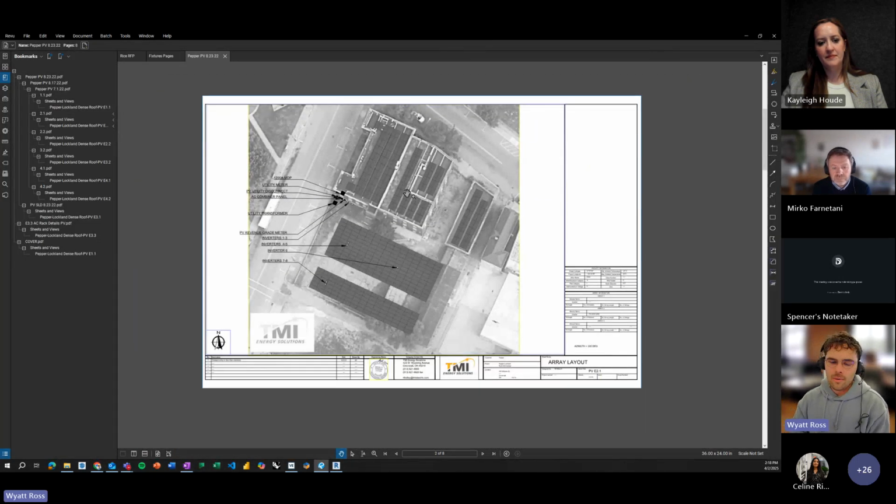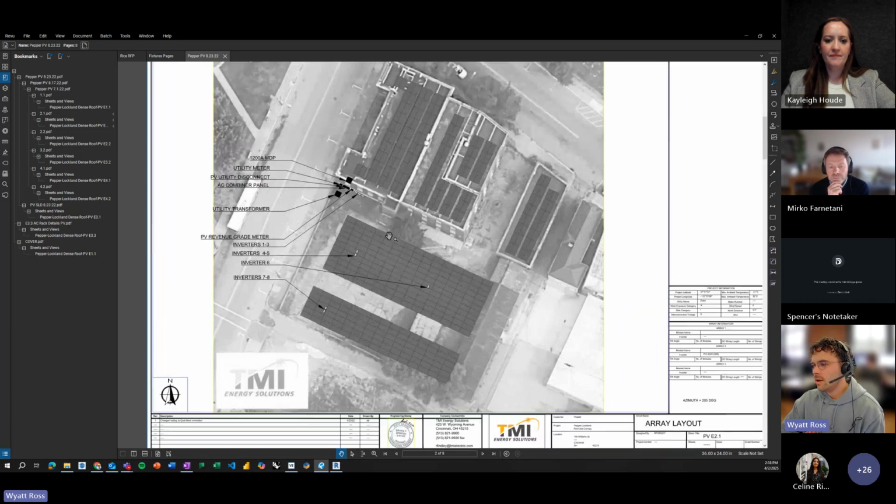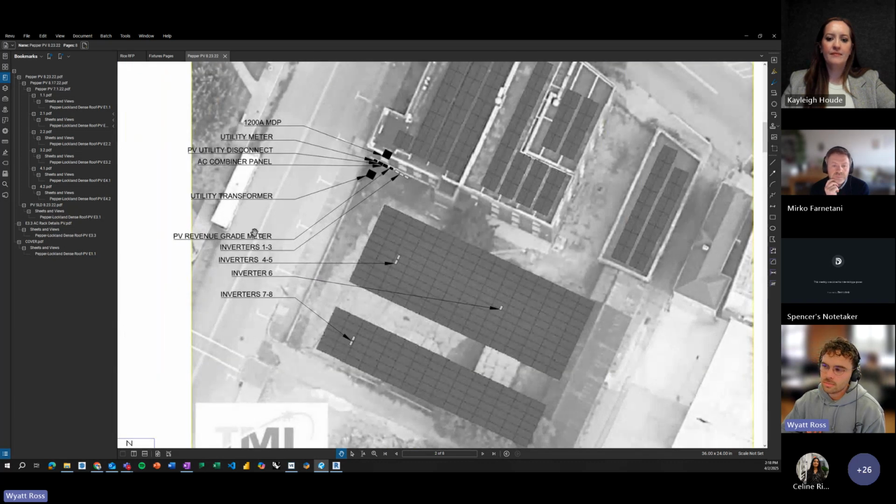So I would guess for a lot of people, most of the PV system quantities and takeoffs you're going to do are going to come more so from drawings or from project specifications. And so this is an example where a PV contractor was responsible for providing drawings on a project. And so you can see a high-level diagram of what the PV array includes, so the PV panels themselves, but also the other balance of system components, so disconnects, inverters,